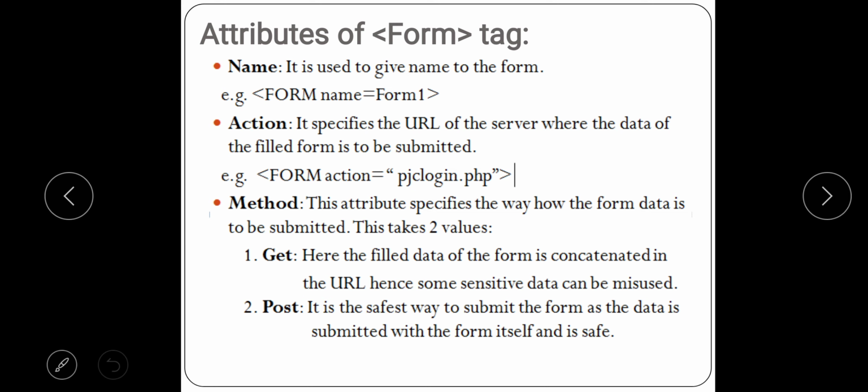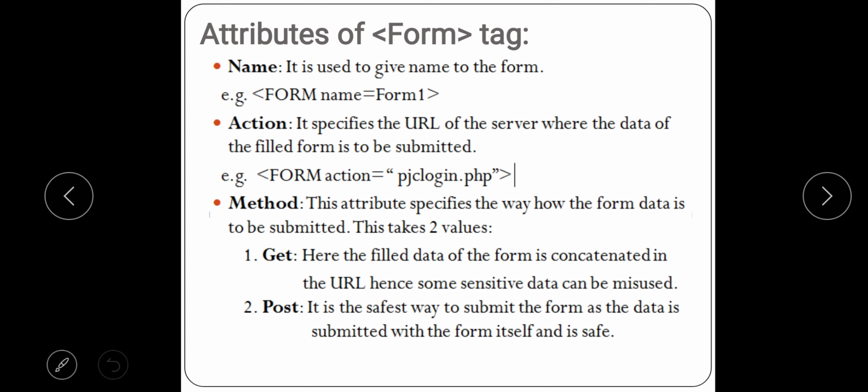So here in the example you can see how it is given. There is the opening tag of the form, then a space, then the attribute, name, equal to some value. Now what is the name attribute? Simply we have to give a name to our form. See students, there can be a case that a single web page can contain multiple forms. So it is better to give a name to all the forms to avoid confusion. So using name equal to some value, we are giving a name to our form.